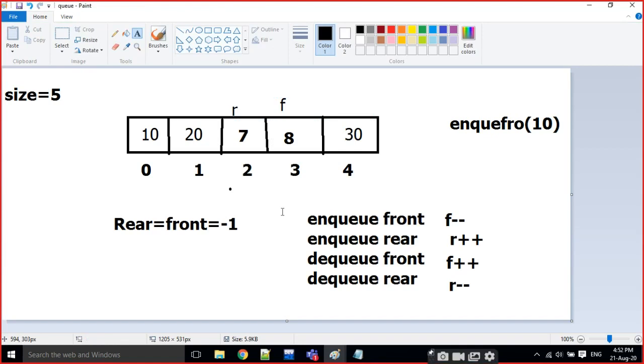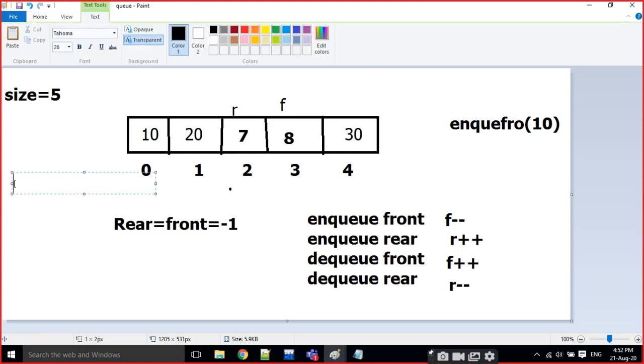Now I am going to display all the values in the queue. We have to start at either R or F, no problem. I have to start at front and stop at rear, or else start at rear and stop at front.